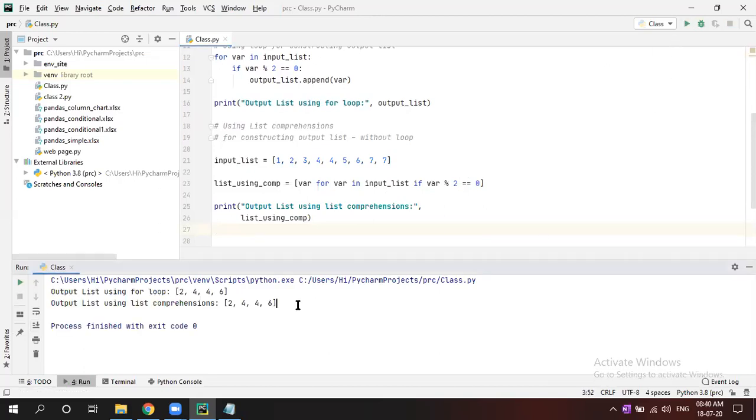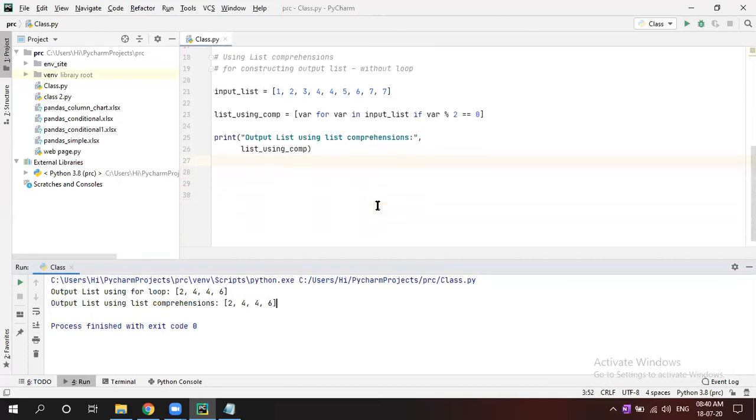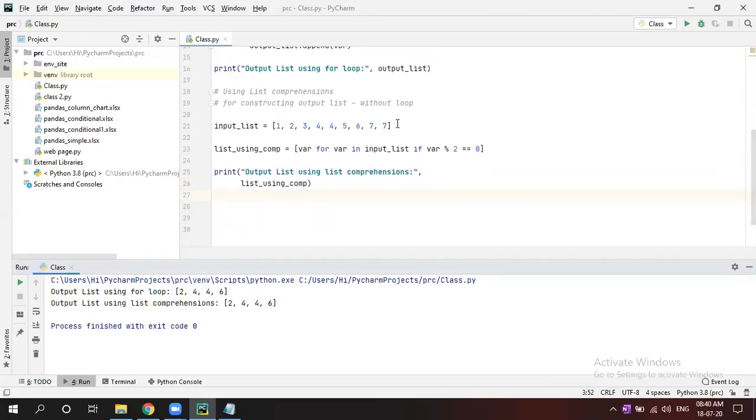So using list comprehension, how to do it? See, this is the list. So just one line you have to write. Using list comprehension, let's say one variable. You can give the square bracket and write it in one line. That thing we are writing in one line only, but the way of writing is different. So output is, you have to write first the output, then for i in input list, if i % 2 equal to 0. The same thing you have to write in this format.